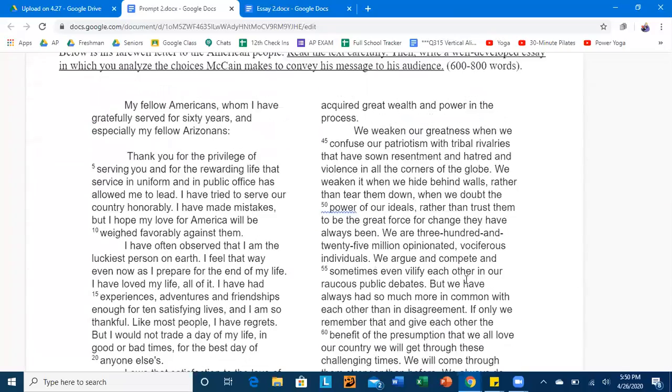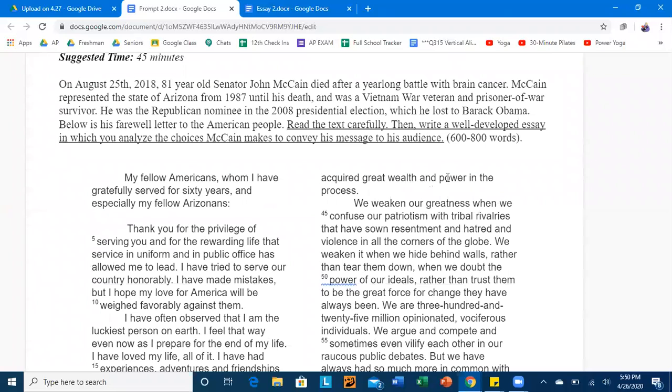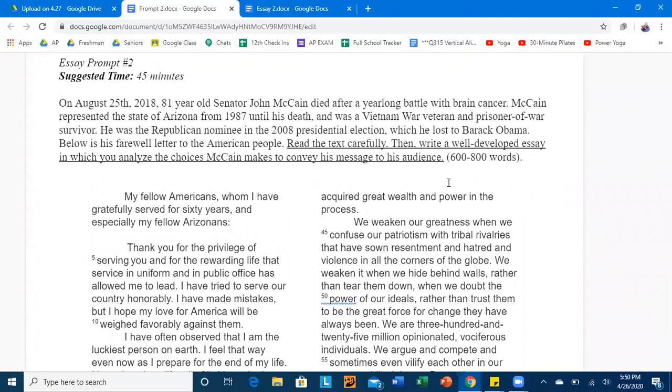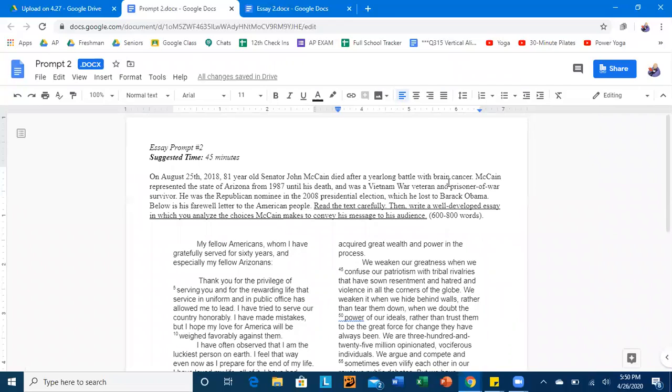I was honestly like very inspiring, definitely to read during these really, really tough times right now. This was written before he died a few years ago. A couple years ago he died, so this was right before that. And I'm certainly inspired. Even if you're not inspired, your job is to kind of put yourself in the place of who his audience is and what they felt when he presented this letter.